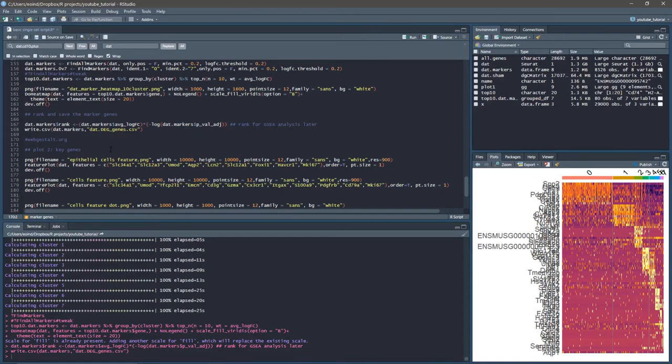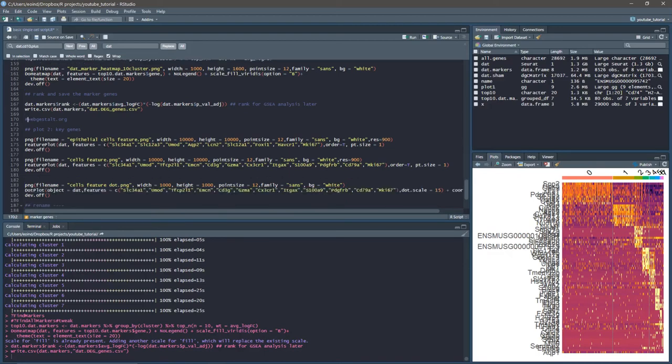But sometimes it's faster, and I think a bit more accurate even, to just use your brain and take a look at what some of these clusters are expressing. So the way I like to do that is to look at the heat map, which gives you obviously what the top by fold change genes are. Also, I happen to know that, for example, these genes demarcate specific cell types within the kidney, which is what this is. We can create a feature plot here or a dot plot, and I'll show you what they look